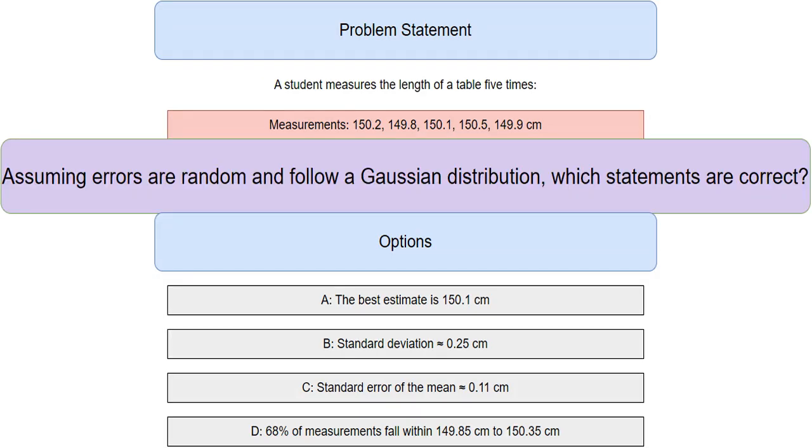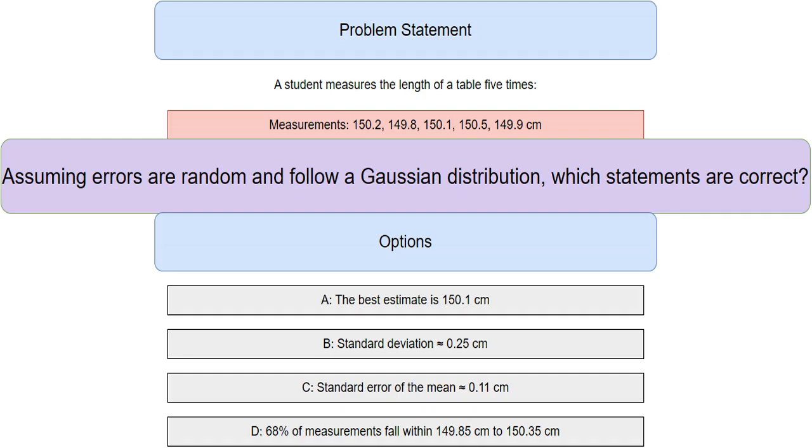Now, let's think about the nature of these measurement errors. The problem assumes that these errors are random, meaning they don't consistently skew the results in one direction. It also assumes they follow a Gaussian distribution, which is a common and often valid assumption for random errors. The Gaussian distribution, sometimes called a normal distribution, is characterized by its bell shape. This shape implies that smaller errors are more frequent than larger errors, and errors are symmetrically distributed around the true